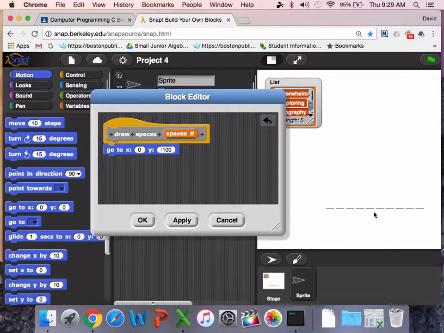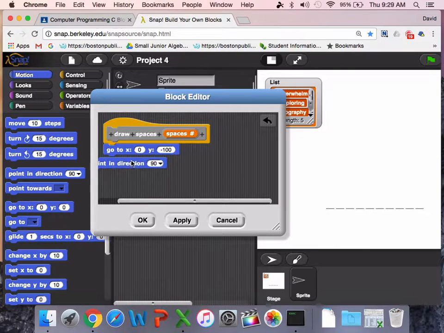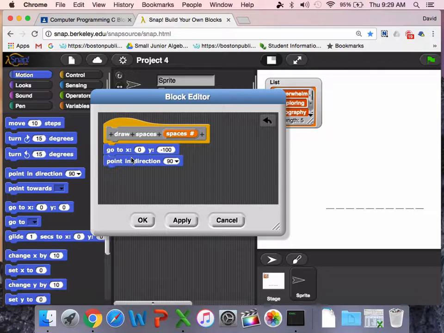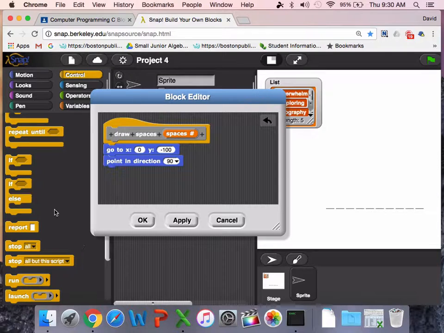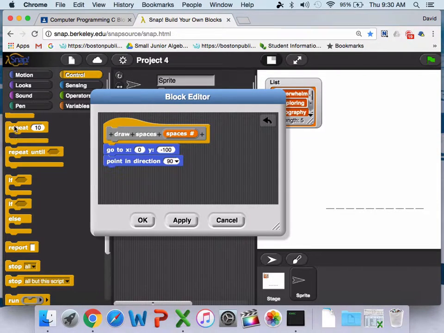We need to figure out what is the length of the word. So in drawing this, I want to point in direction 90, so I'm going to the right. And then, in order to draw these, I'm going to use a repeat. That makes sense. And we're going to repeat a certain amount of times. And the amount of times that we repeat,